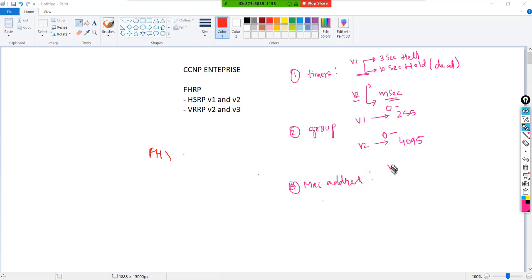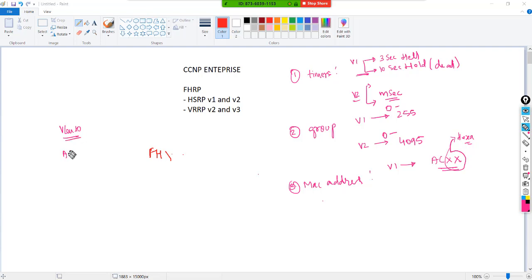So what is the default MAC address format for version 1? Let me write it down. It's going to be this format, and this is in hexadecimal notation. So let's say for VLAN 10, what is the expected HSRP MAC address that's going to auto-generate?